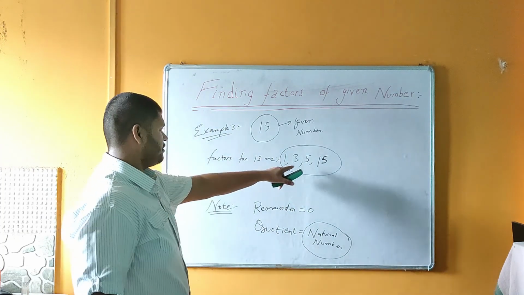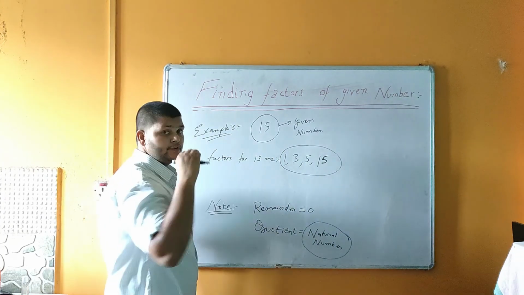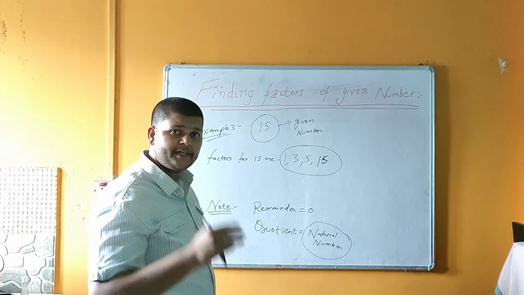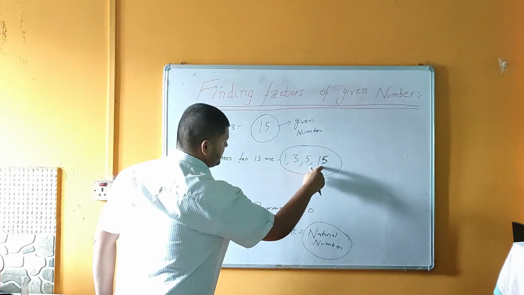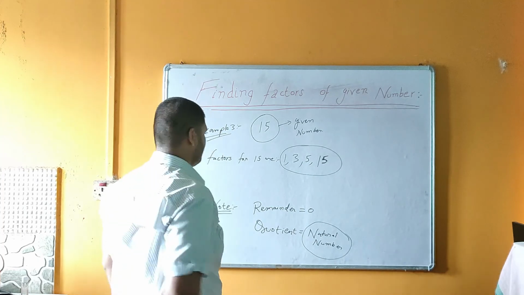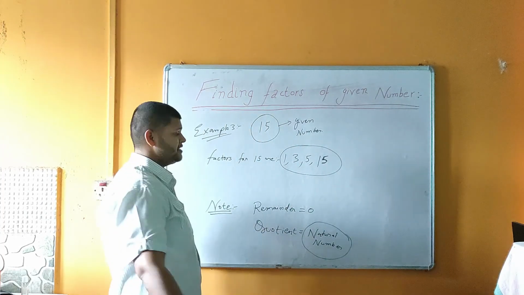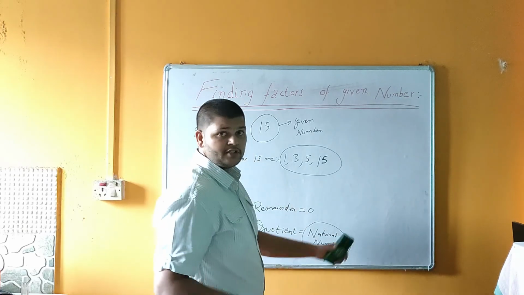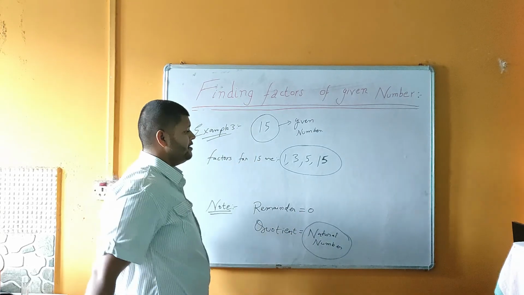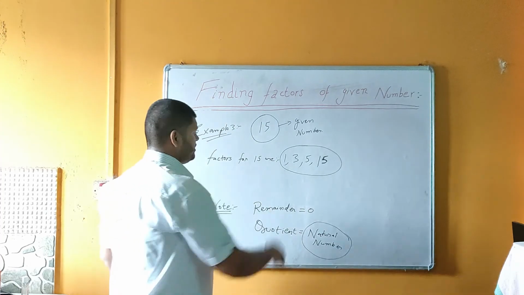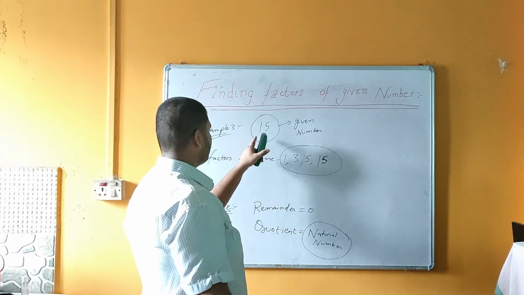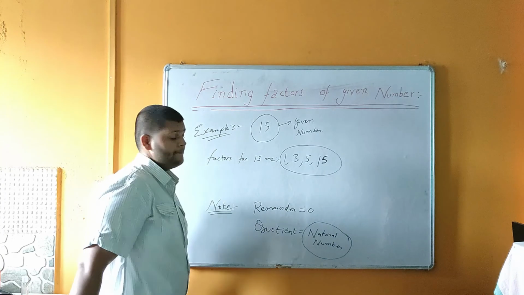Okay, this is the shortcut trick. How can we find them? If you know the tables from 1 to 20, then you can write all these in your mind. You do not even need to divide. You are just wasting time unnecessarily by dividing. If you know the table, you can directly write the factors of the given number. Okay, so